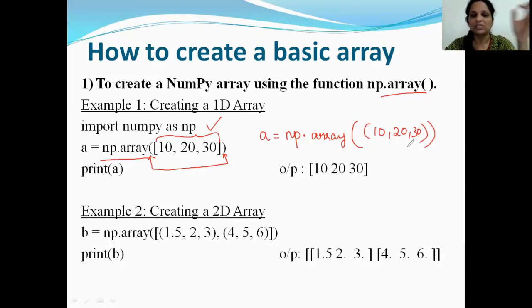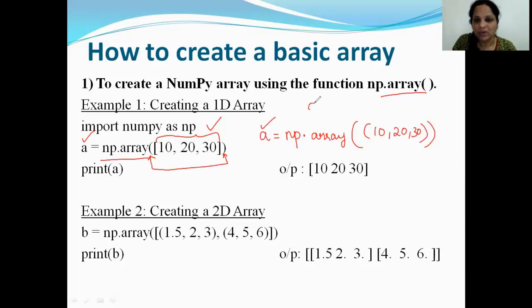Now what does this array function do? It takes these elements that you have specified in a list or in a tuple and creates an array named a in this scenario, and stores these elements in array a.